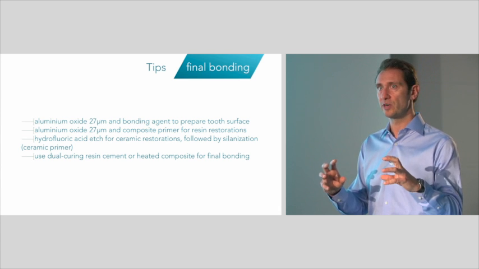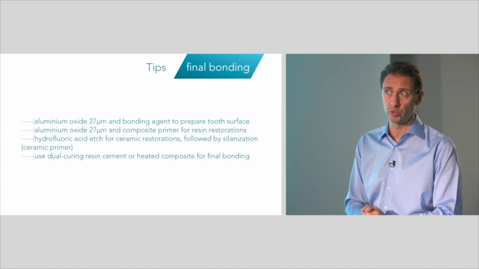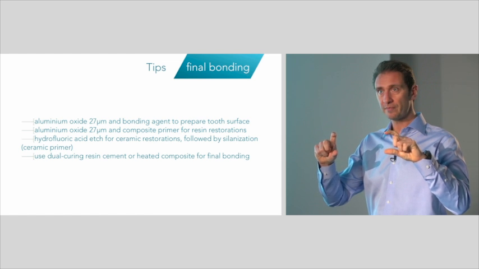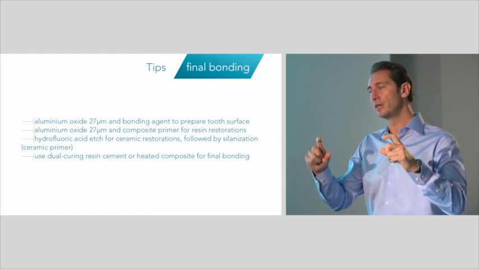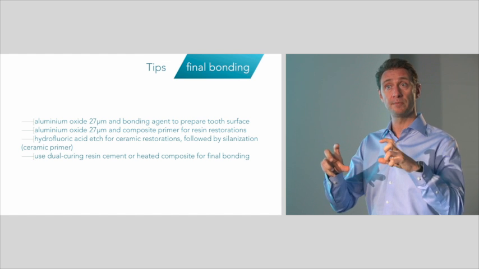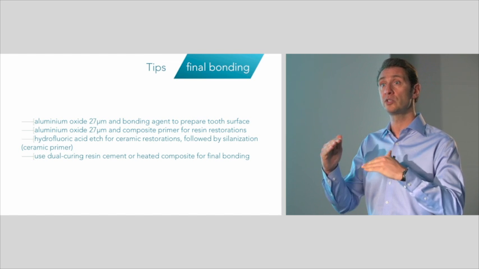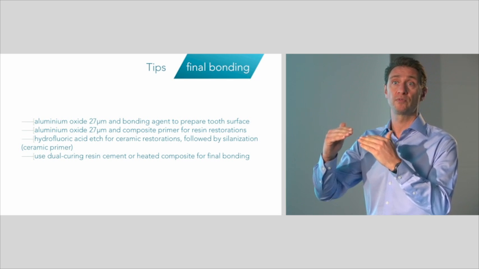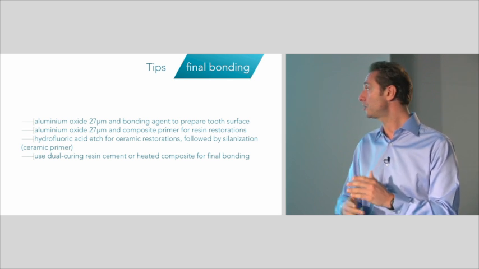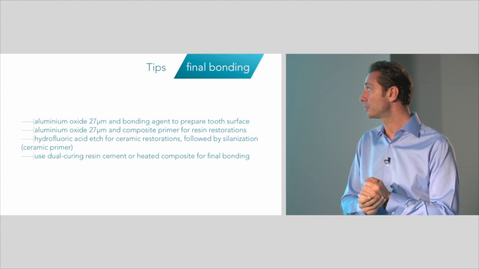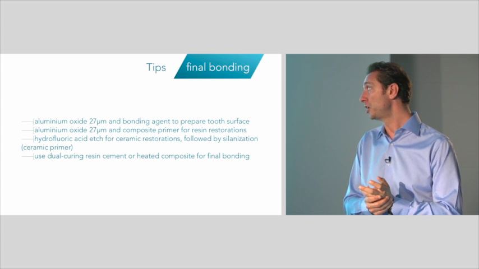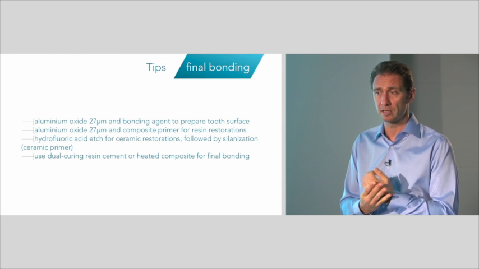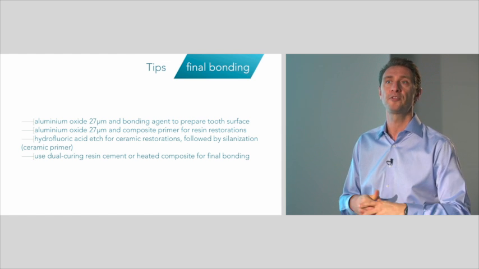Restoration-wise, indirect restoration-wise, I would rather go to uniform thickness in the restoration to prevent some stresses in the material. If you have a very big change in going from very thin ceramic to very thick ceramic in the restoration, there will be a high risk of stress and fractures. So if you could make, let's say, a uniform 2 millimeter thickness